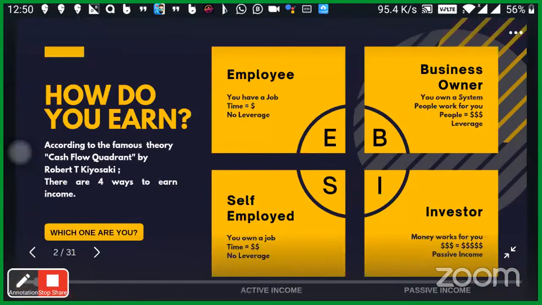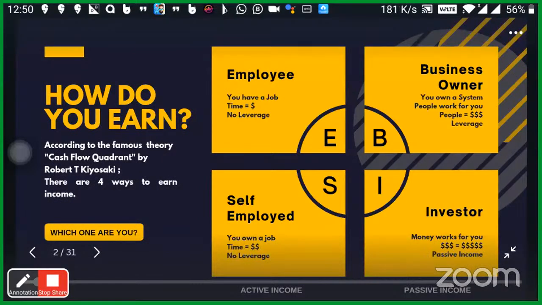Thank you so much. So I will start with this beautiful concept, as most of you must have seen before. It is not my own concept. It is a theory given by a world famous author, known to be one of the most intelligent financial advisors and authors of all time. His name is Mr. Robert Kiyosaki, and in his first book about the cash flow quadrant, he gave